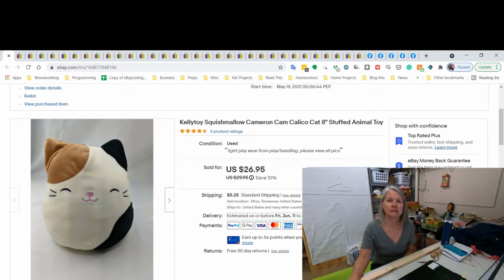The first thing here is a Kelly Toy Squishmallow Cameron the Cat. It sold on best offer of $20. What I wanted to talk about with this one, though, is when the buyer got it, they left me a neutral feedback saying everything was okay, but they wished it had come with its paper tag. Now, this is a used item, marked light playwear, and they left me a neutral because it didn't have its new with tag. So I contacted eBay for Business on Facebook, and they reviewed my case and they removed the